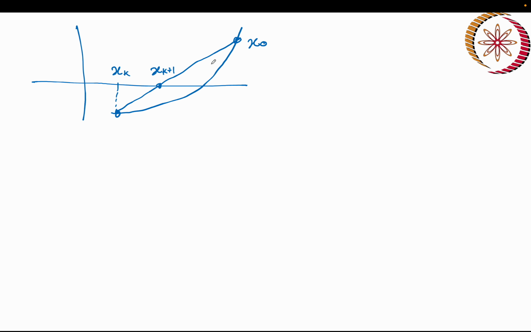So here we will fix x0, and then iteratively we will go on determining the xk plus 1, and you can see that there are two similar triangles, so we can say this is f of xk, and this is nothing but x0, and this value we will say f of